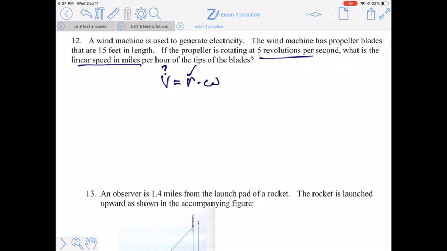Now, omega stands for angular speed in radians per unit of time. So do we have angular speed in radians? No, we don't. We have it in terms of revolutions. So this is kind of like what omega needs to be, but it's not in radians, it's in revolutions. So I'm first going to deal with that 5 revolutions per second. So 5 revolutions per second